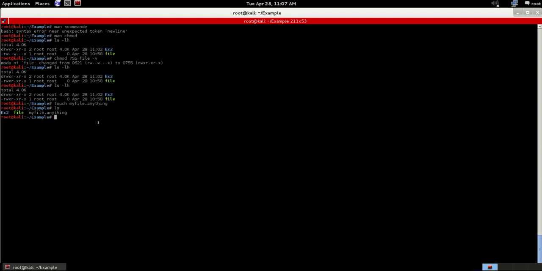Now that we've made a file, how do we delete it? Remove, or in Linux, rm. Similar to the touch command, the syntax for this is rm and then the file name of what you want to delete. So if I rm myfile.anything, it's now gone. If I make a really long file name that I don't want to type every time I have to access it,